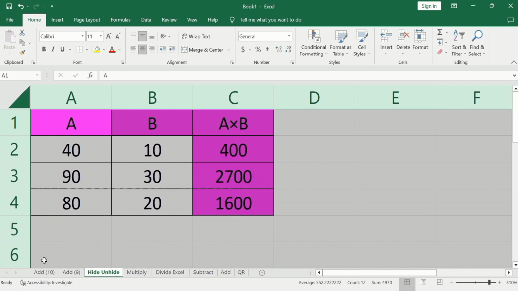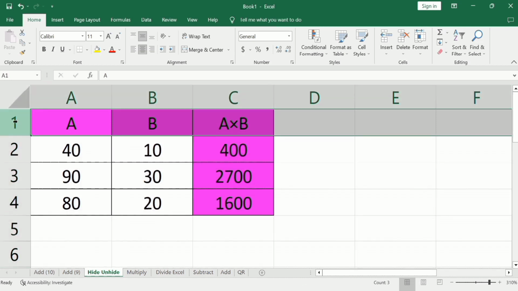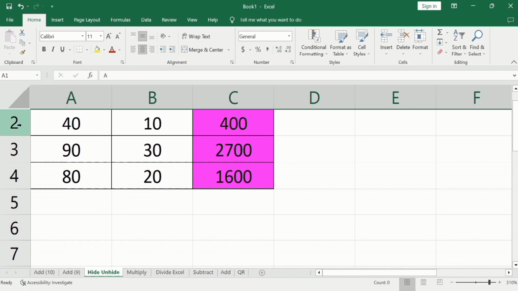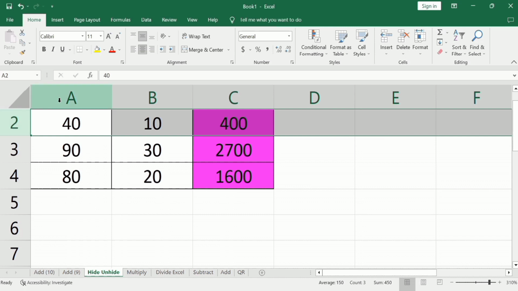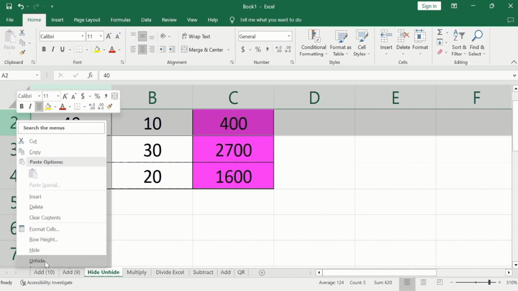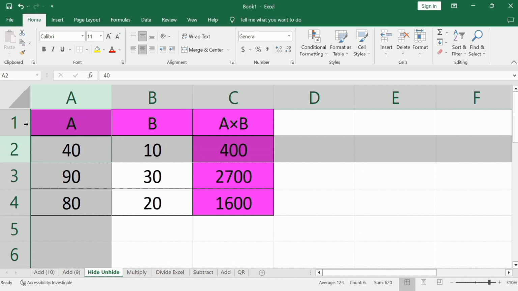now unhidden. Now if row 1 is missing, then you have to use a trick. For example, if this is hidden, now you have to select the row below that particular row and, by holding the Control key, select the first column. Now place your cursor on row number 2, right click and go to the Unhide option and you can see here the row number 1 is